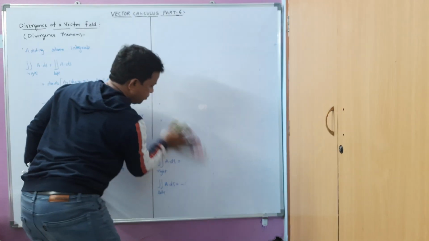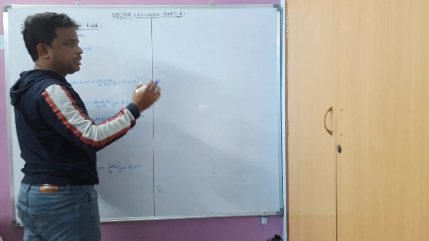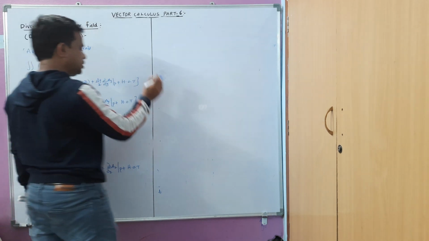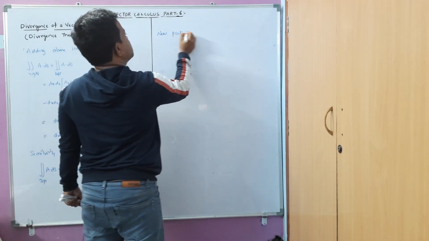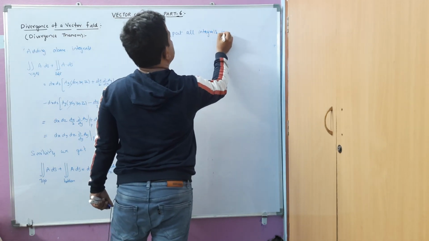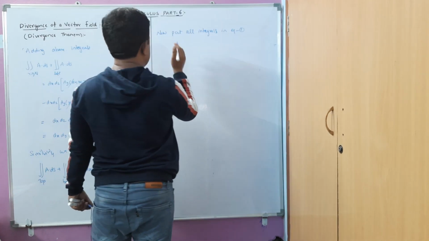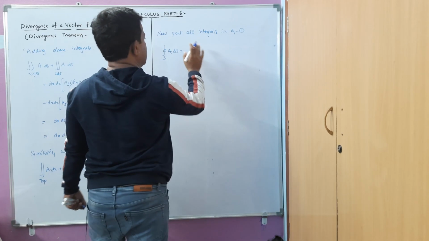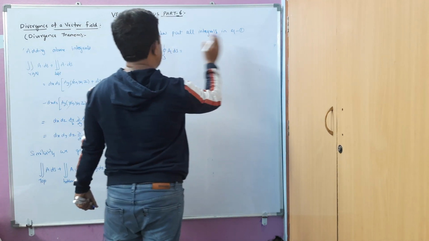So now all these are kept, we are going to use in equation 1 what we have taken. At the starting of the video we have taken equation 1 and we are going to substitute all those integrals into that equation. Now put all integrals into equation 1. That is, the closed surface integral of A dot dS is equal to the front, back, top, bottom, right side and left side. All those we have to write.